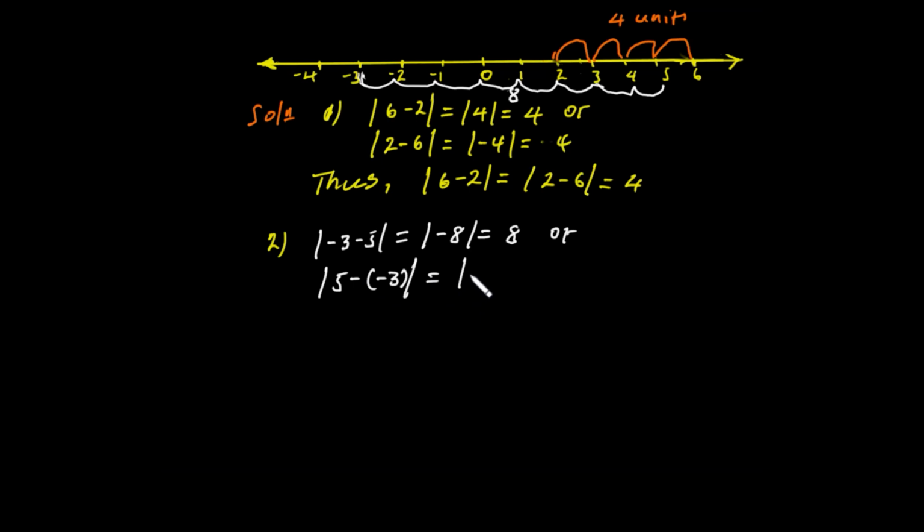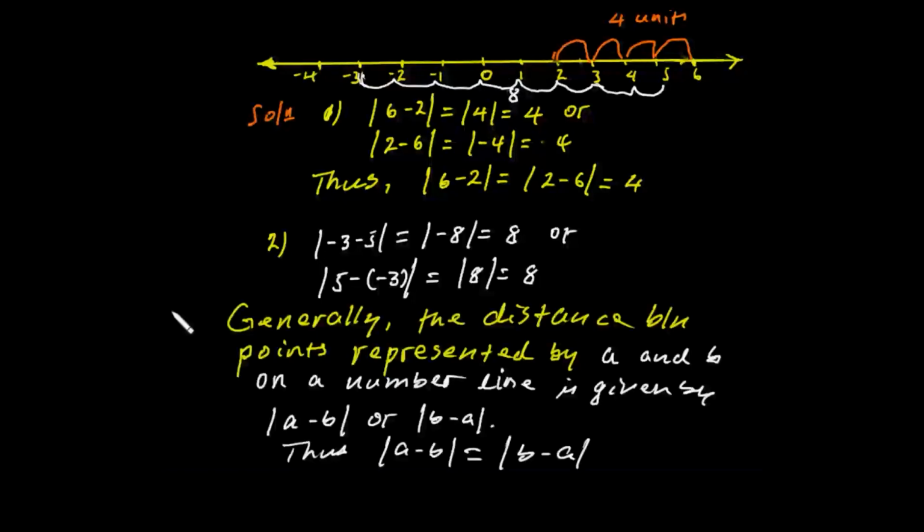በተመሳሳይ መልኩ the absolute value of 5 minus -3 ይሄን ብታደርጉትም ያው ነው፣ this is the absolute value of 8 ማለት ነው and this is equal to 8። ስለዚህ the absolute value of any two numbers on the number line is simply the absolute value of the difference of the two numbers። ያ ማለት ነው generally። አሁን ወደ general ኬዝ ልገባችሁ እሺ ተማሪዎች፣ እንግዲህ generally the distance